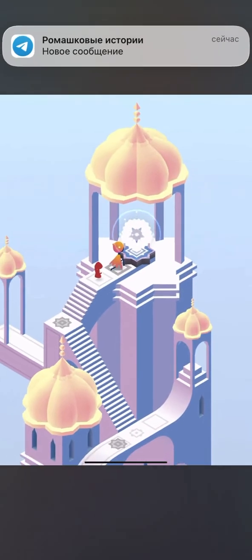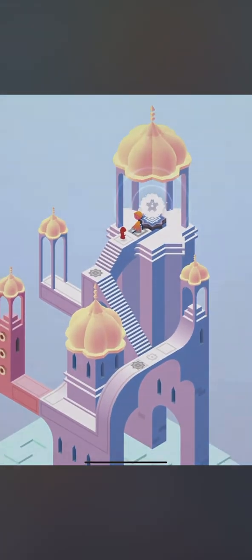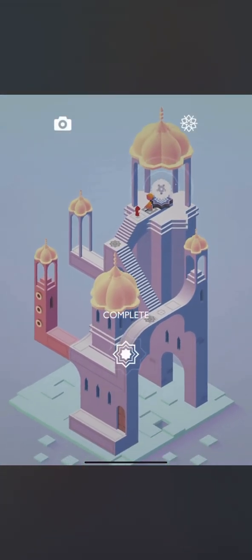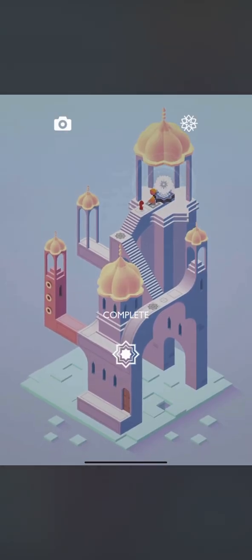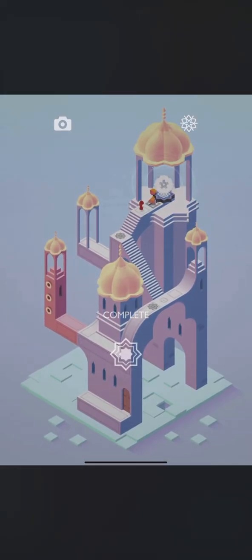Again, this is Monument Valley 2. If you enjoyed the first one, this is right up your alley. Check this out. This game is cool. It's unique. It's added a second character for us. So, you know, there's an extra dynamic with that, as you've just seen.